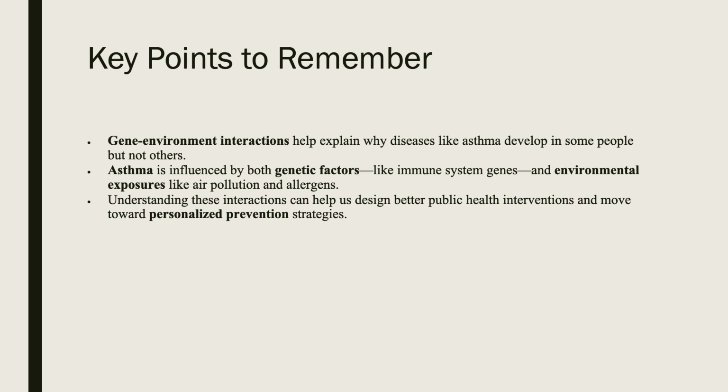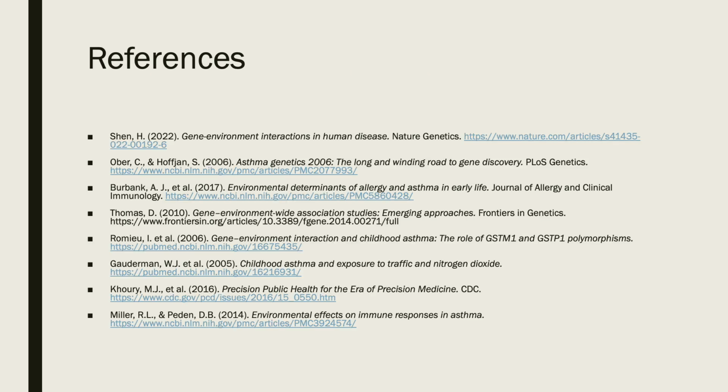So, I want you to know understanding these interactions can help us design better public health interventions and move toward personalized prevention strategies. On the slide before you, I would like to leave these references with you in case you